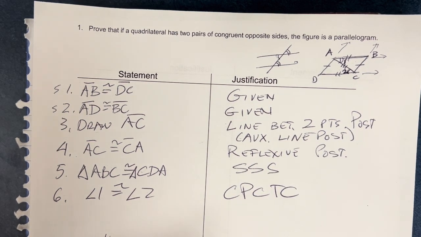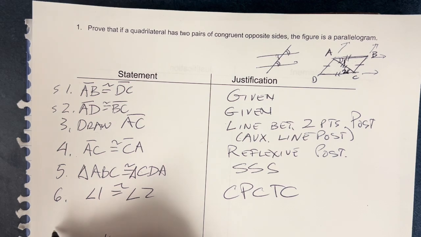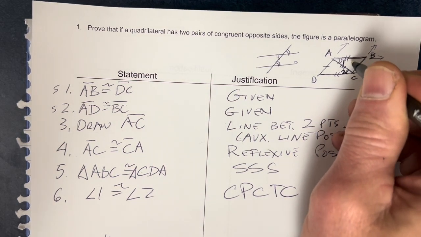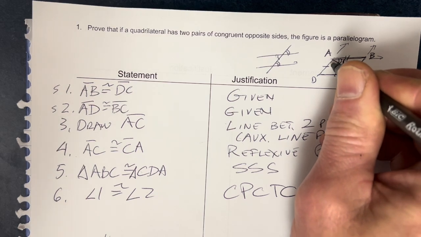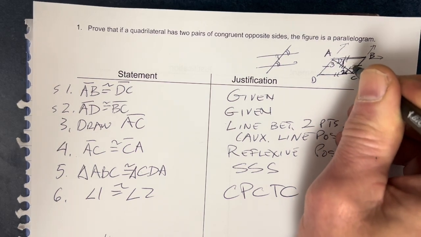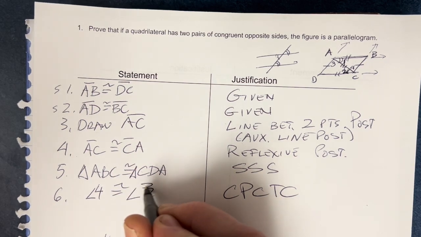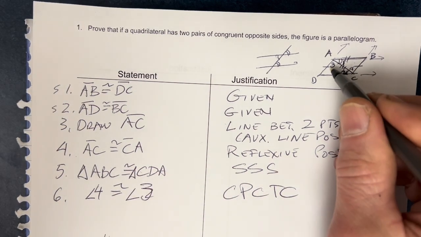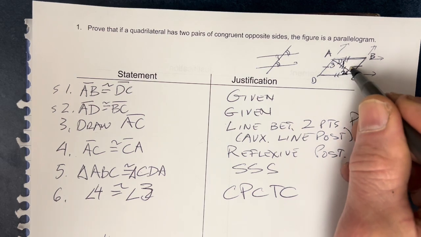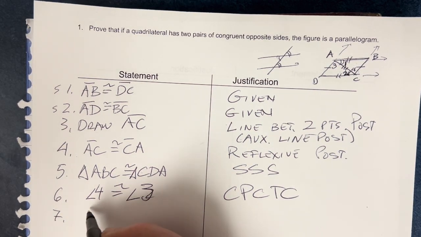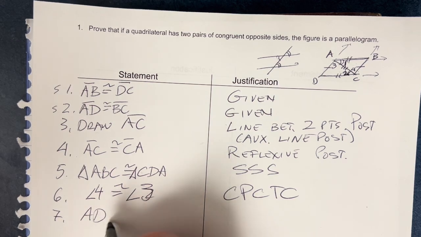So actually I'm going to cheat a little. I'll make this be angle 3 here and angle 4 there. And I'm going to turn that into angle 4 and angle 3. It's still CPCTC. Those are corresponding parts, but that'll allow me to say in step 7 that AD is parallel